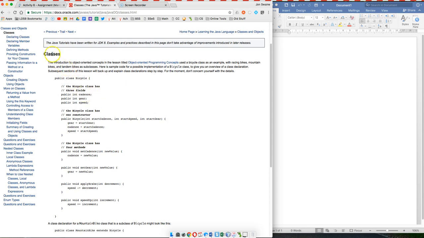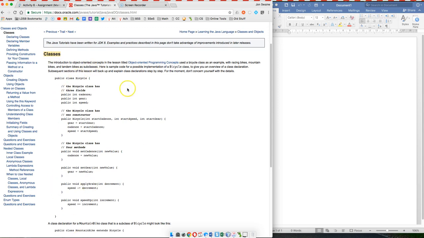So classes. In Java, the way I like to explain it when I'm face-to-face is classes are a lot like recipes. So if I want to make cookies, I can go in and I can grab a recipe, right? And if I want chocolate chip cookies, there's a recipe for that. If I want oatmeal raisin cookies, there's a recipe for that. It's similar, but there's a recipe for that. I use the recipe to make the cookie. And I can make 1 cookie, I can make 2 cookies, I can make 17 cookies, I can make as many as I want, but I use the recipe to do that. Another analogy, it's like a blueprint. And then I can make the house from the blueprint.